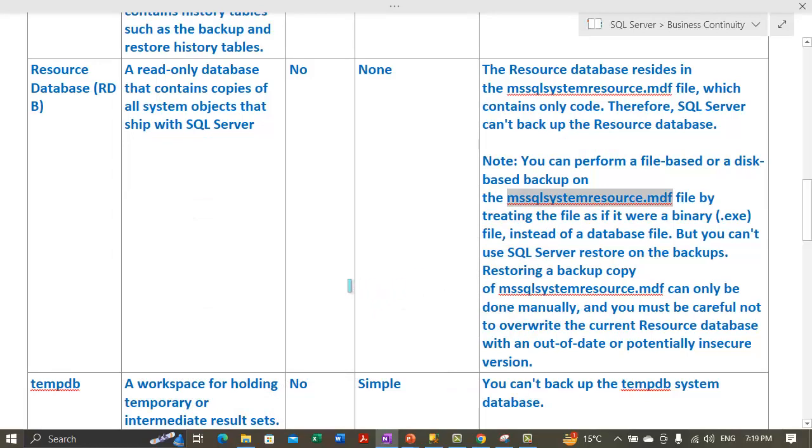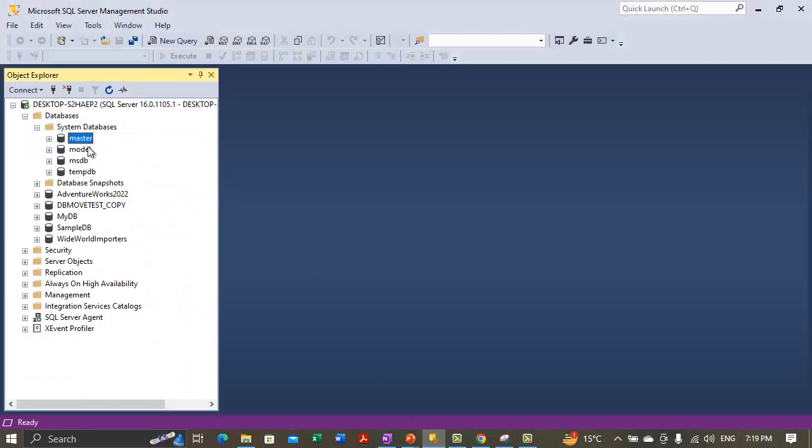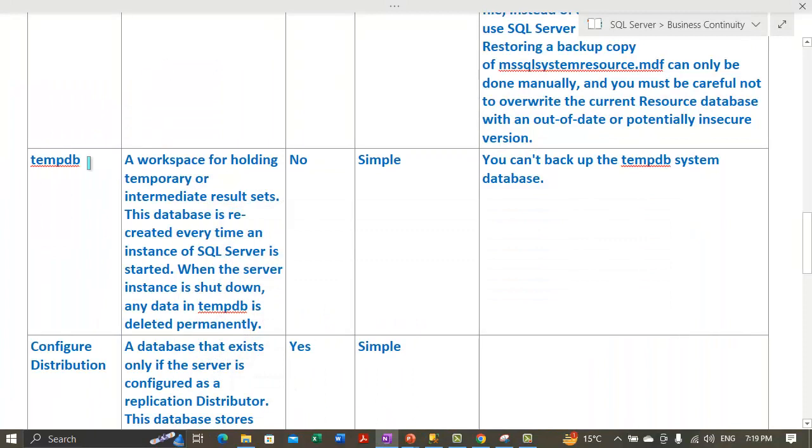All right. Now let's go to the next database, which is basically TempDB. If we take a look here, TempDB is shown as the fourth database. Now what is the role of this database, TempDB? It acts as a workspace for holding temporary or intermediate result sets from query execution. Basically, at the time of query execution, queries use this particular database TempDB to hold some temporary results,